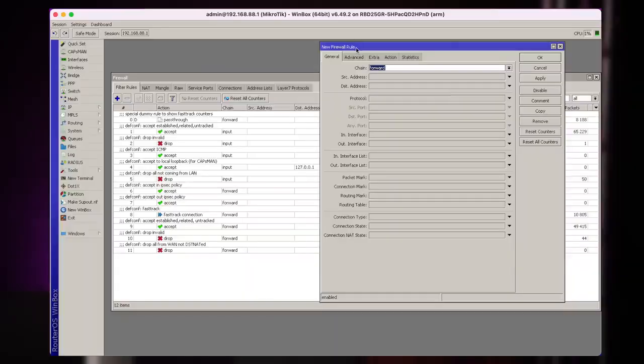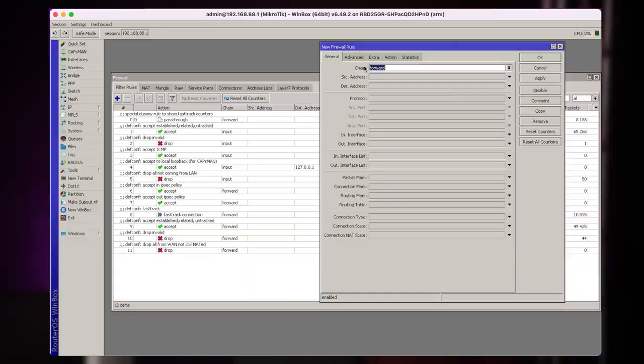Normally, you would first configure some kind of VPN access, for example, IPsec, to first connect to the VPN service, and only then you're allowed in with Winbox. But for this example, I will simply show you how to add the rule, and let's not talk about it anymore. So, new firewall rule.